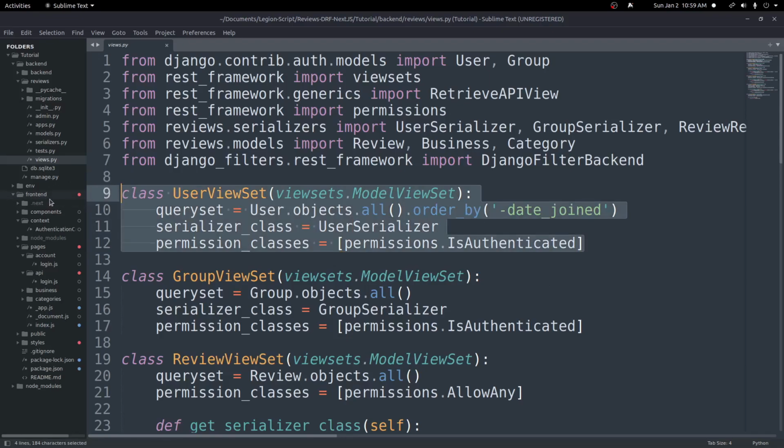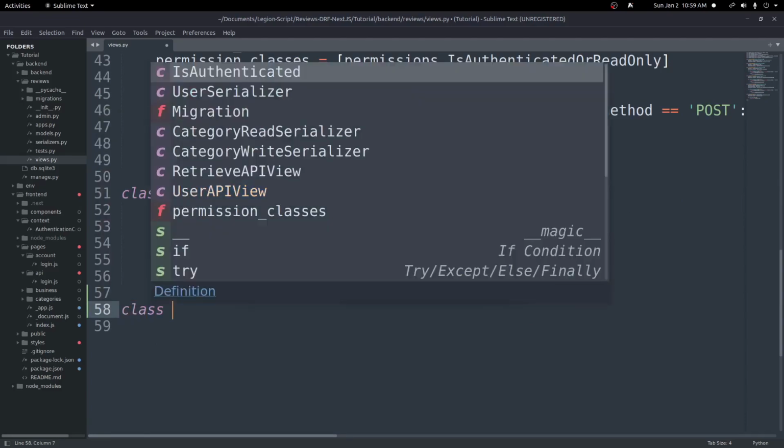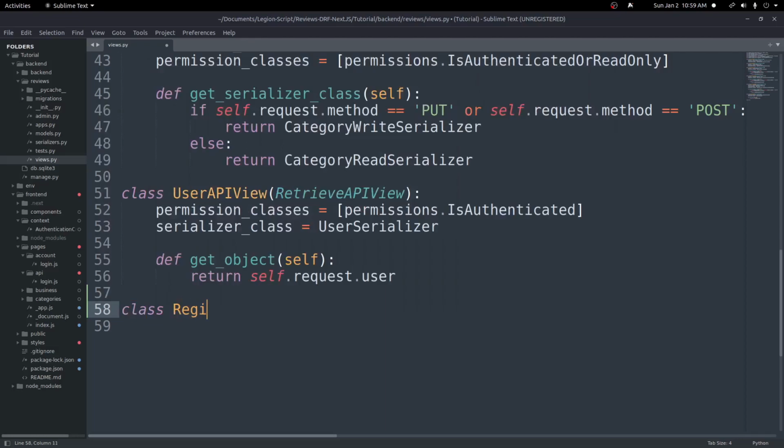And of course, for a register route, that won't really work because the user won't be logged in because they need to create an account. So we could update this and make some changes here, but I want to keep this how it is for some other purposes. So I'm going to go ahead and create another API route specifically for registering a new user. Down here at the bottom, we'll create a new route. I'm going to create a class, and I'm going to call this register user